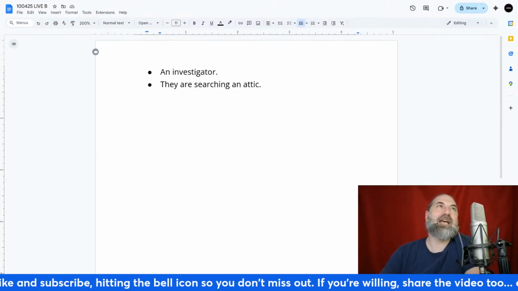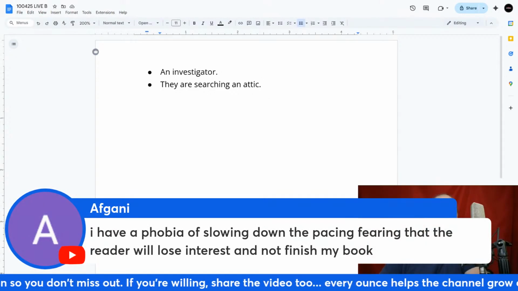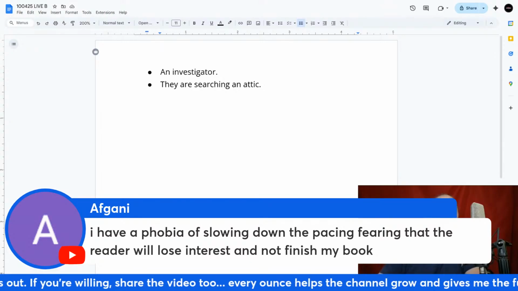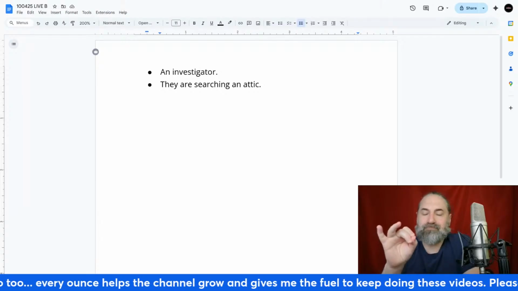Ooh, we got an Afghani. What's up, Afghani? I have a phobia of slowing down the pacing, fearing that the reader will lose interest and not finish the book. You know, that's a great phobia to have. However,